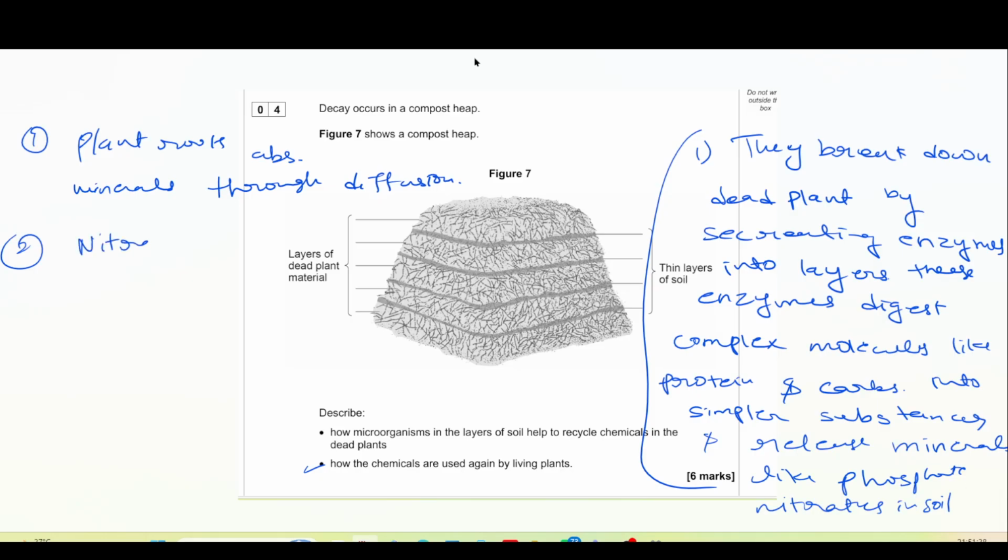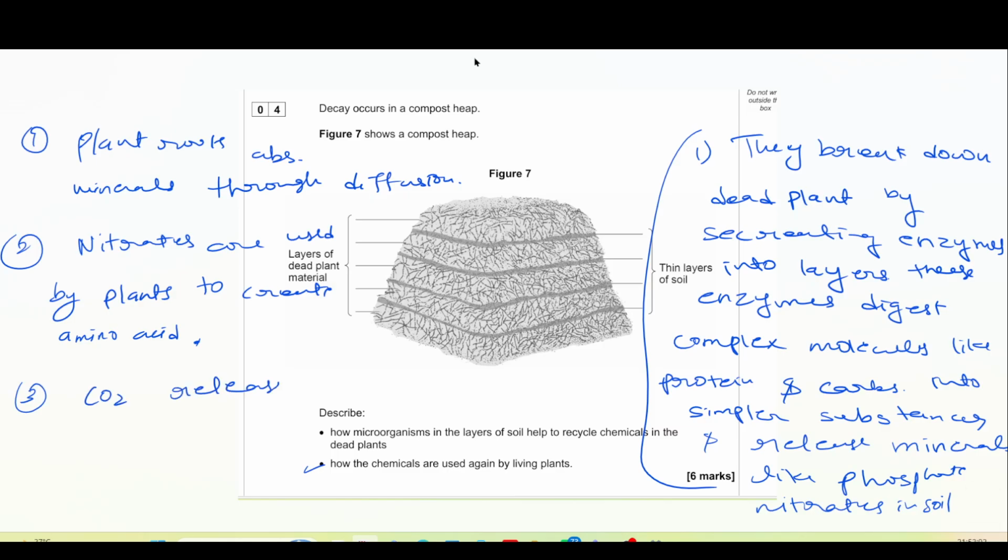Then nitrates are used by plants to create amino acids, which is protein. Next, carbon dioxide released during decay is taken in by leaves for photosynthesis,